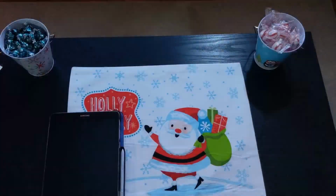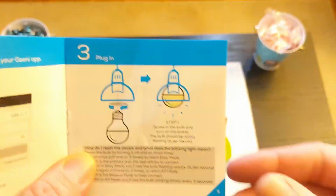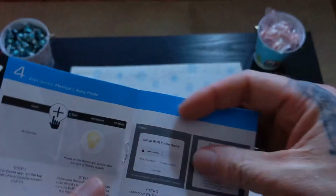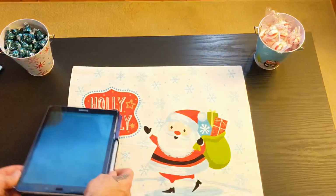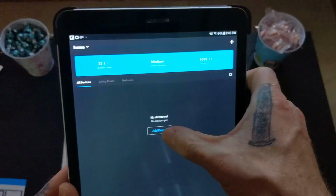And then once our light is flashing, we move on to the next step. We're going back to the tab and into the app to add the bulb. Alright, so I'm just going to click add device,